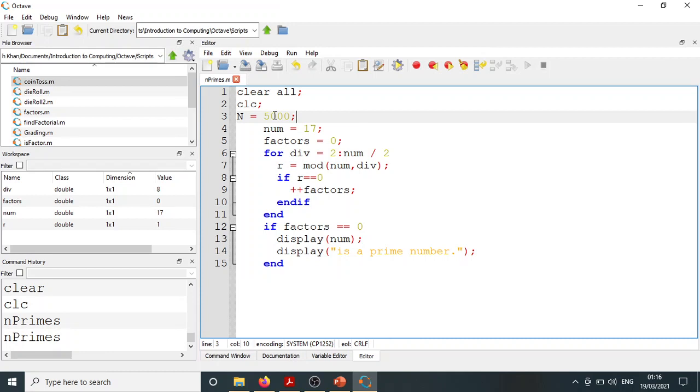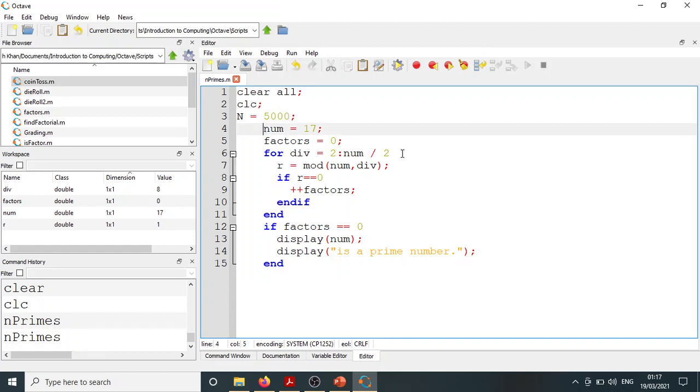सो हम 2 से लेके 5000 तक तमाम नंबर्स का पता लगाना चाहते हैं कि उनमें हमारे पास कितने प्राइम नंबर्स हैं। ठीक है, that is what we want to do. सो अब हमारे पास ये जो num है ना, this is not just a single value. ये जो हमारे पास num वेरिएबल है, here it is no longer a single value. Now it is a range of values or vector of values starting from 2, going up until 5000।